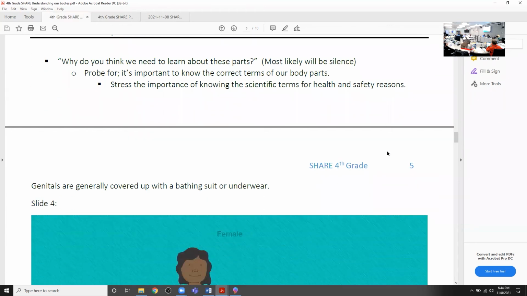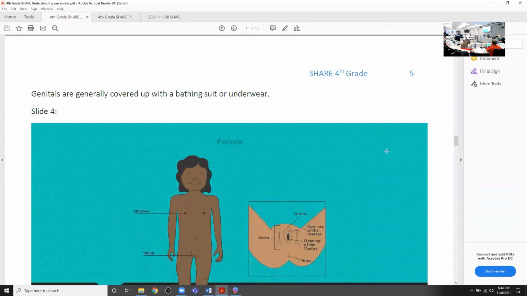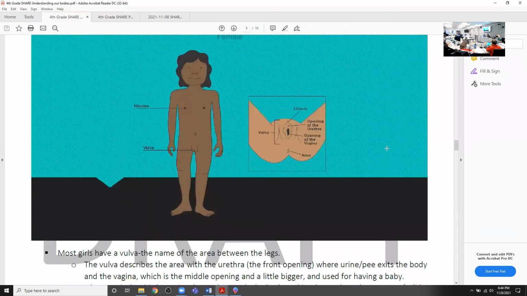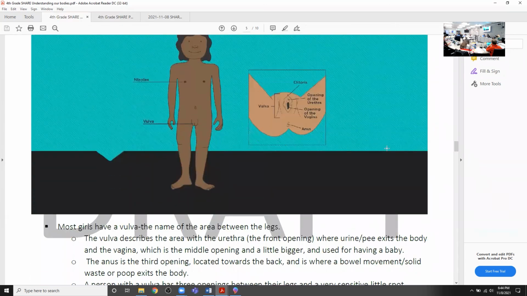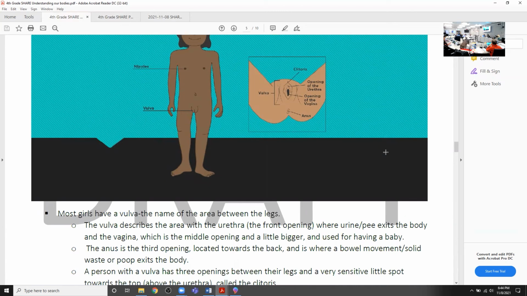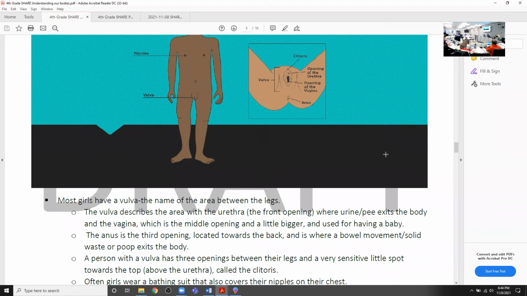Genitals are generally covered up with a bathing suit or underwear. So, the female body: most girls have a vulva, the name of the area between the legs. The vulva describes the area with the urethra, the front opening where urine or pee exits the body,